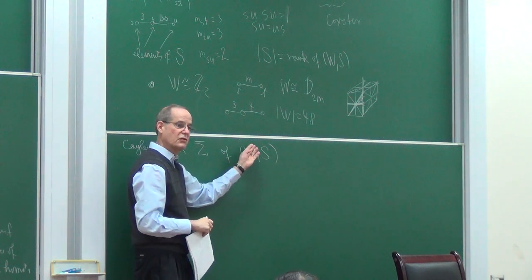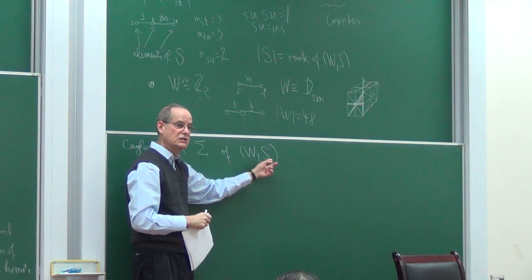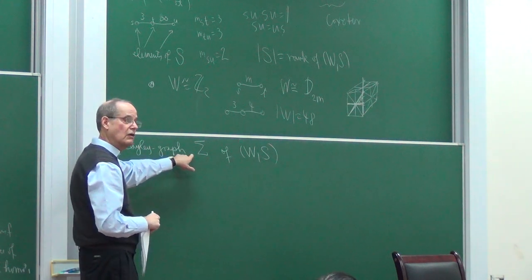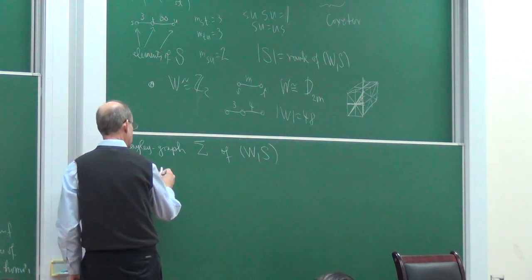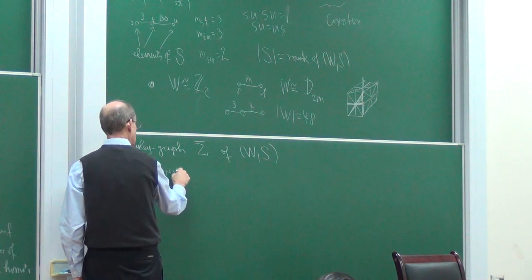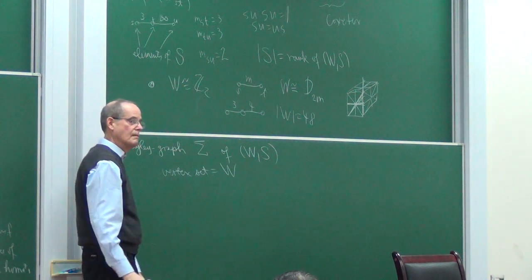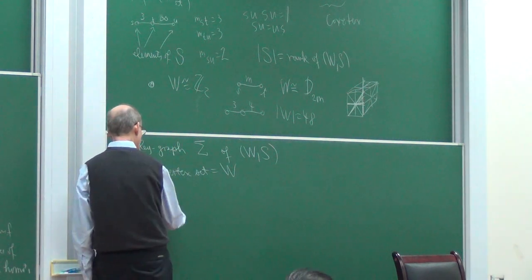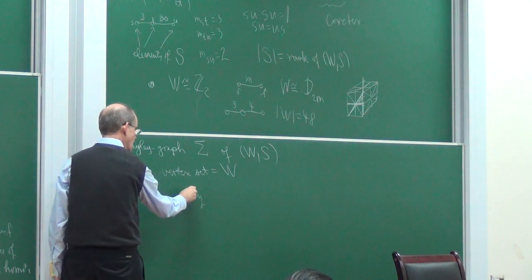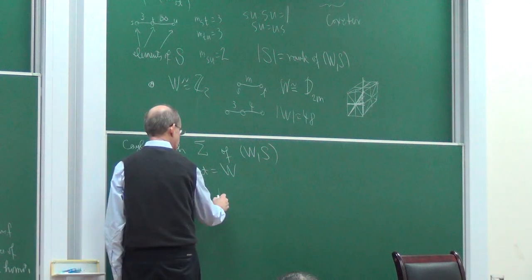And what is this? This is a group together with a distinguished set of generators, each of the distinguished generators is of order 2. So we can introduce the corresponding Cayley graph. So what is this Cayley graph? It's a graph whose vertex set is simply the set W. And so here are two elements of W. When do you connect them with an edge? You connect them with an edge